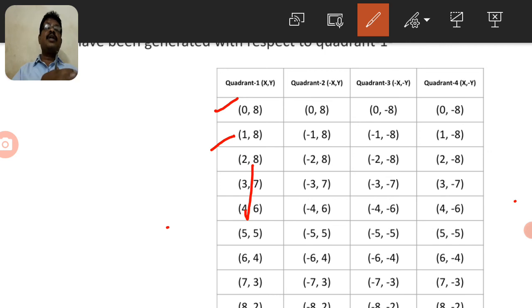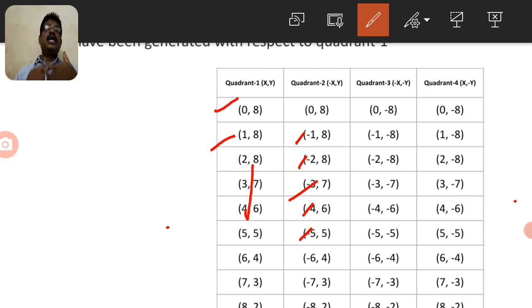So what is the next quadrant value? That is based on the first quadrant value, positive x value, y value is positive. In the second quadrant, that is the reverse order, anti-clockwise direction you can take. In the second quadrant, what are the values here? The y coordinate is positive and the x coordinate is negative. You can observe all x coordinates are negative values because of the second quadrant, anti-clockwise direction from the first one. So all the x coordinates are negative, y coordinates are positive.